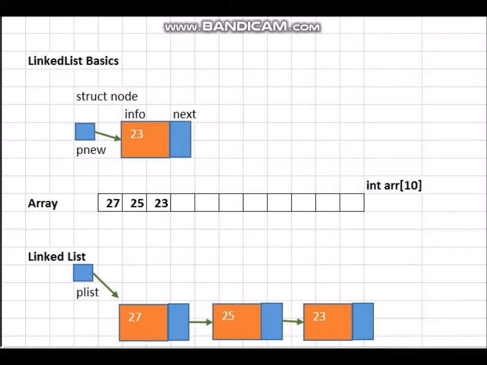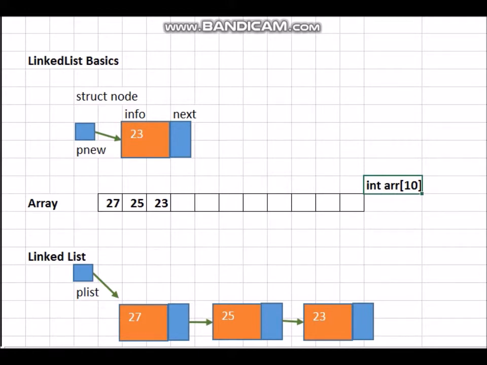Hello. So let's understand what is a linked list. Now, linked list and array are two different types of storage we have. An array is a contiguous block of memory, as can be seen here, and we normally declare it by saying int arr[10]. So the size of 10 is stored for the array.